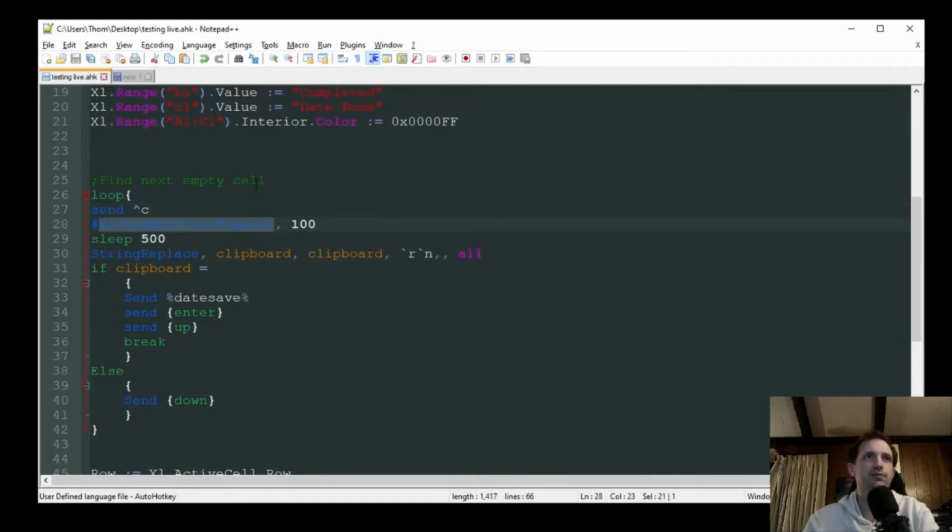AutoHotkey has a bit of a problem sometimes where it'll press that Control key, but then for some reason it just does not release it. And this is kind of a safety net to make sure that it does get released, because on the next loop, this could cause problems. I'm going to sleep for 500 milliseconds there, give the clipboard a second,